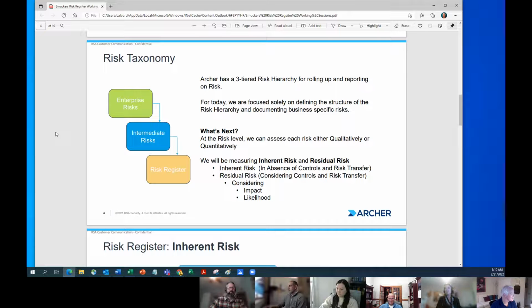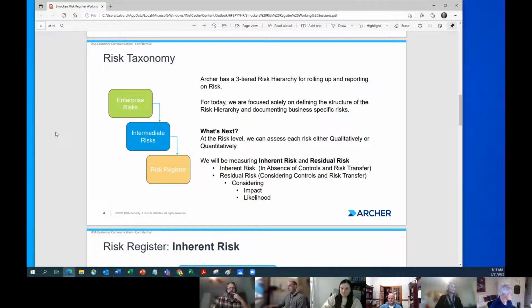I think sometimes with risk ownership, once people realize that they actually have to work and maintain risks, they're not so eager to grab them. They're not so eager to say, oh yes, I want this, because they have to assess inherent risk, they have to assess residual risk, they have to do all this stuff. So they might say, oh no, go ahead, you take it. Well, I do also think, and I'll express, we have an ISO mindset, which means we're not going to get it perfect the first time. It just doesn't happen. Through repetition, we'll get better, and we'll add risks and do better assignments and all that. But that's all part of a longer process once we get this off the ground.